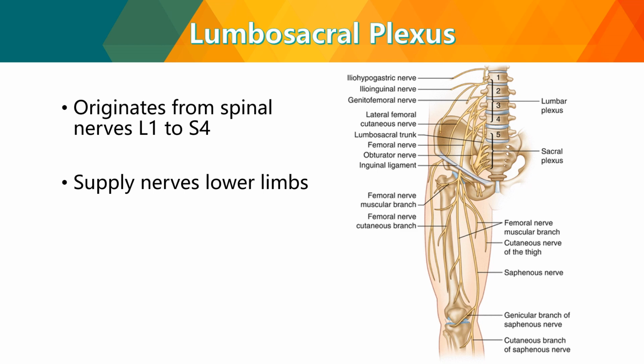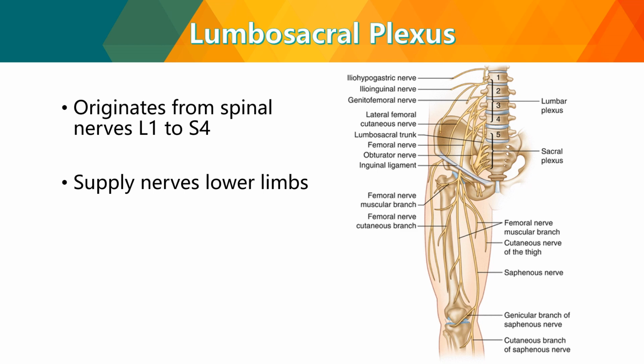And then next you have your lumbosacral plexus. For the lumbosacral, it originates from the spinal nerves L1 to S4, and it supplies the nerves of your lower limbs. So if you see here on the image on your screen, you see here the iliohypogastric nerves. The lumbar plexus is from L1 to S4, and so the